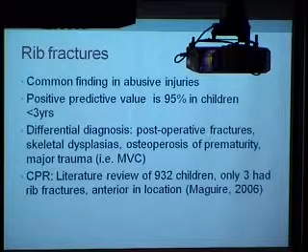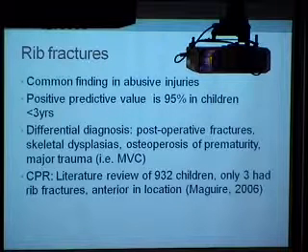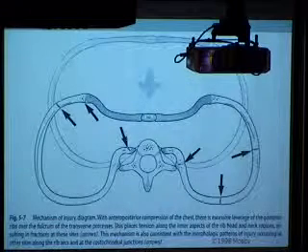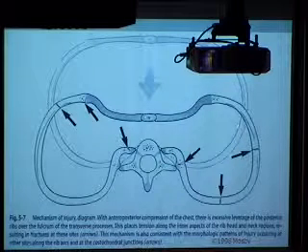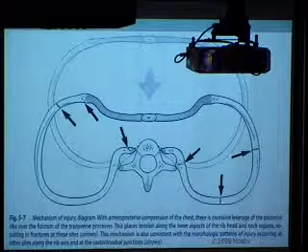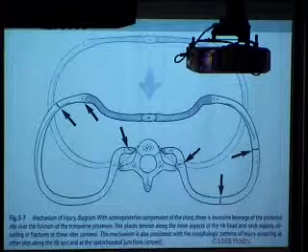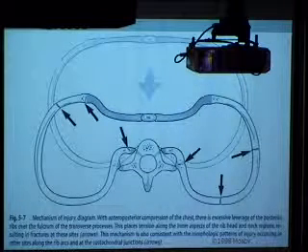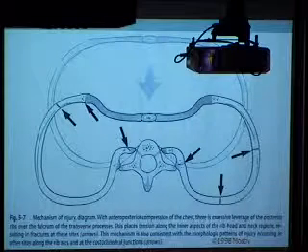The literature on CPR and rib fractures is that they're very rare. And if they are there, they tend to be in an anterior location. Rich has shown this picture before, the mechanism, they think. This impressed me when you really look at this again. If this is the normal position of a rib, and to get rib fractures, you're saying that the rib has to be displaced this far back, and the spinal transverse process is used as a fulcrum, and you get fractures back here. But it's a drawing. I don't know how well they know this in real life, but it would have to be displaced pretty significantly to cause fractures there.